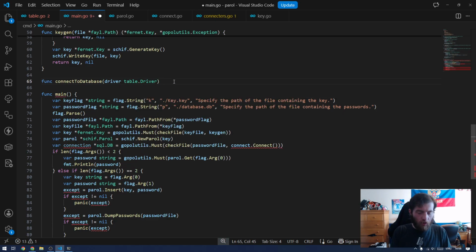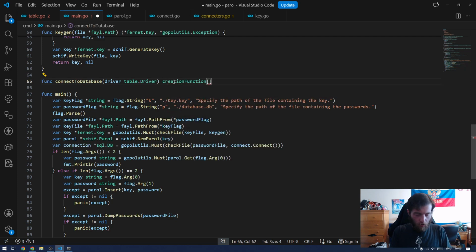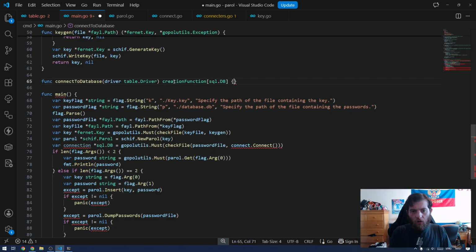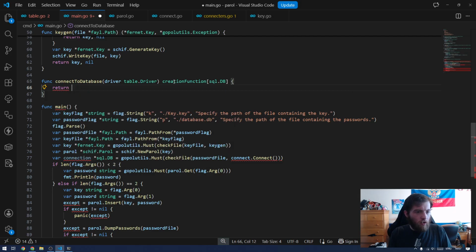There we go. And that's going to return a creation function of an SQL dot database. And that's going to return a function that takes in a path, which is a file path,